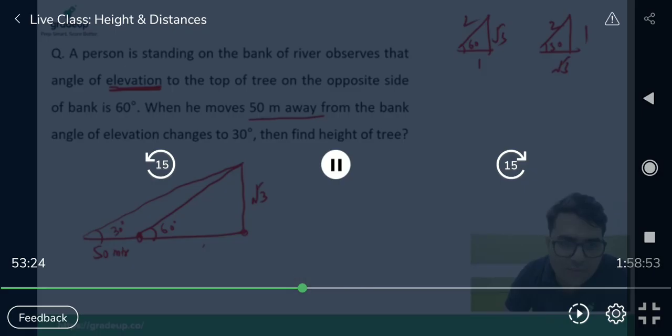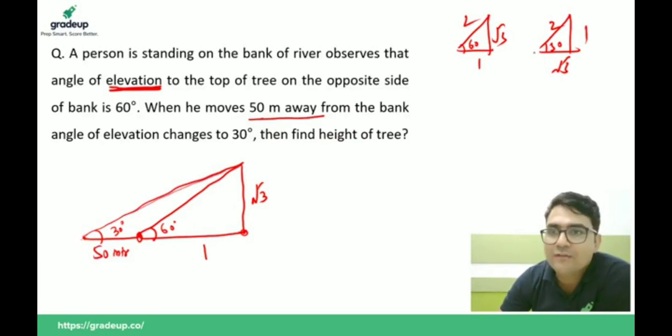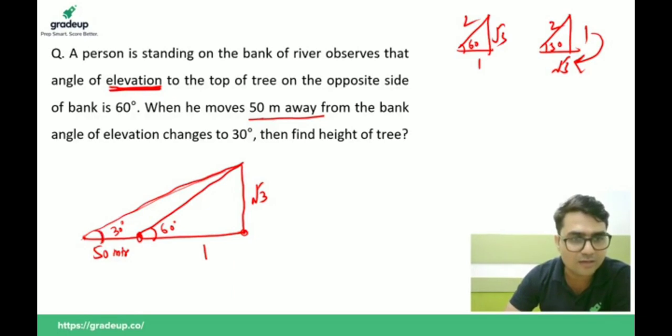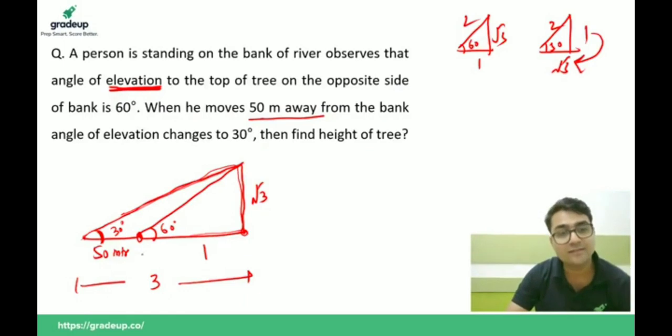Root 3 and this be 1 unit. Okay. Now, in the 30-degree figure, if this is 1, then this will be root 3. This one gets multiplied by root 3. If in this 30-degree figure, this and this, you are having root 3, then this length will be 3. All right. If this is 3 and this is 1, then this distance will be 2.